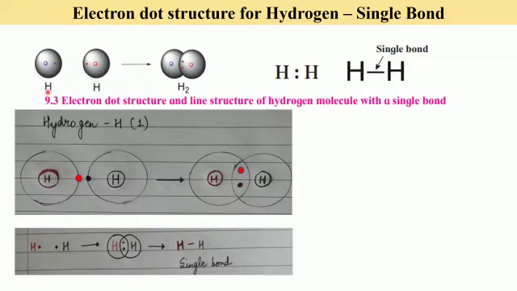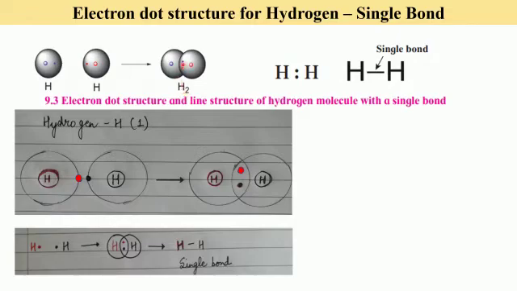They have shown two hydrogen atoms, nucleus and the valence shell. There is only one shell in hydrogen, that is the K shell, and it has got only one electron. So two hydrogen atoms are shown here. Hydrogen cannot exist as a single atom. It will combine with another atom to form a hydrogen molecule, that is H2. It is a diatomic molecule. Since there are two atoms of hydrogen, it is called diatomic.